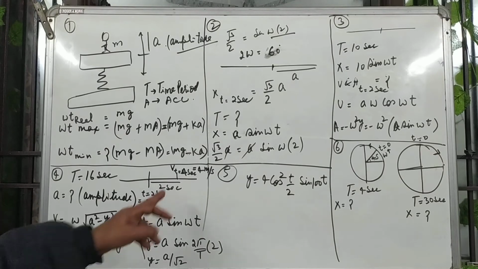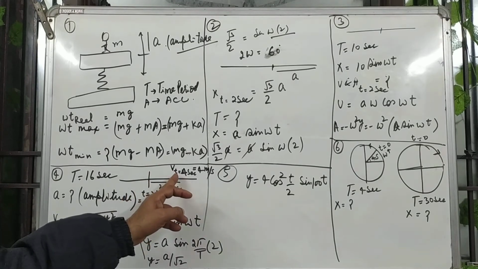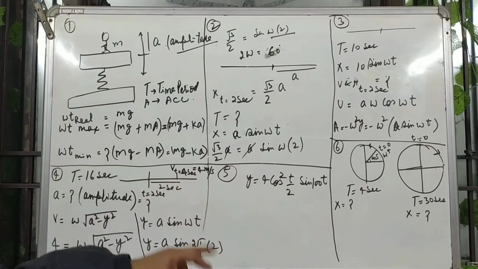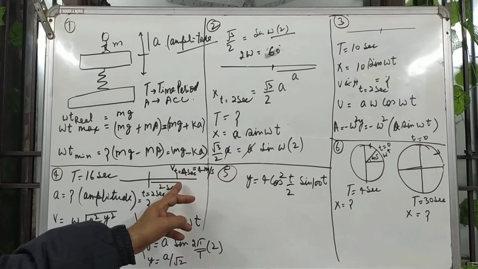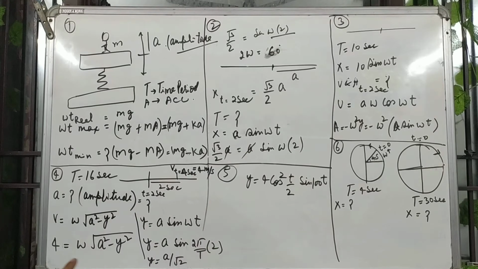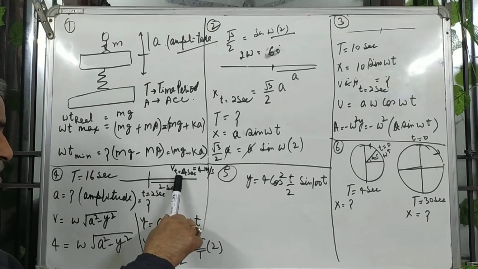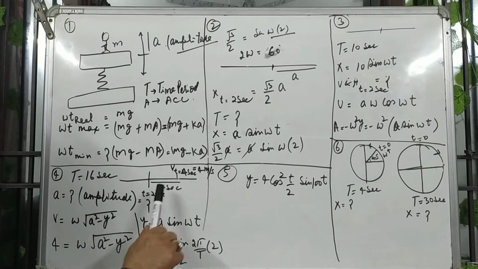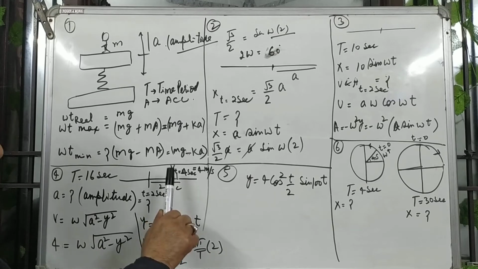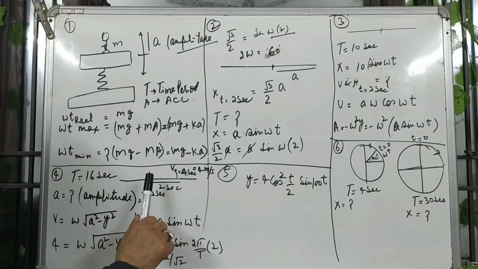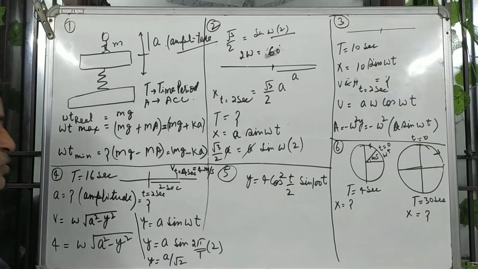Velocity at t equal 2 second. In the question it is given 4 second, but you will take 2 second, velocity 4 meter per second. So 4 meter per second is the velocity at 2 second, and at 2 second only you have to take displacement. Meaning, the particle is reaching over here at this point, this displacement is y, amplitude is a, and at this point velocity is 4, and from mean to this point time is 2 seconds.